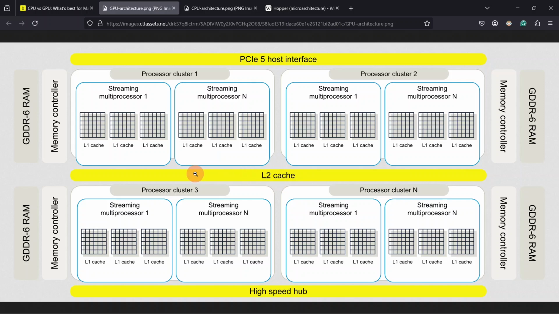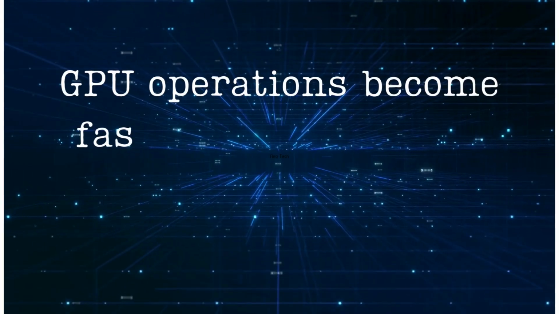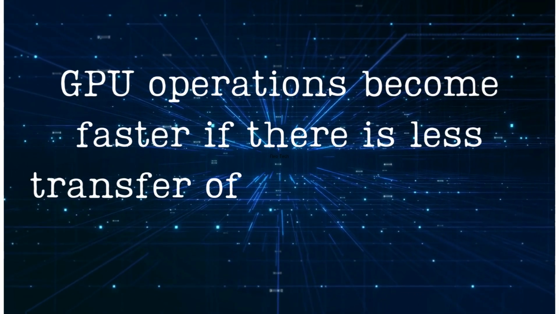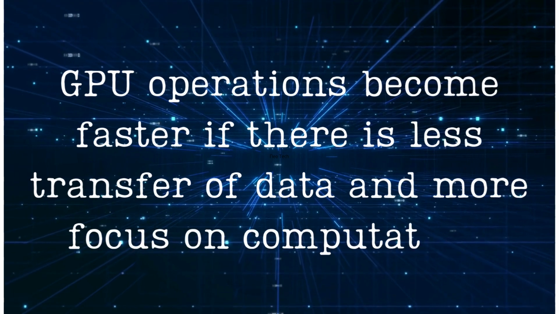Unlike CPUs, GPUs are designed to tolerate higher memory latency. They dedicate more transistors to computation rather than caching. The architecture focuses on keeping the GPU busy with parallel computations despite slower memory access. So the difference is that CPUs are optimized for low latency sequential processing. GPUs are optimized for high throughput parallel processing. So the result is that GPU operations become faster if there is less transfer of data and more focus on